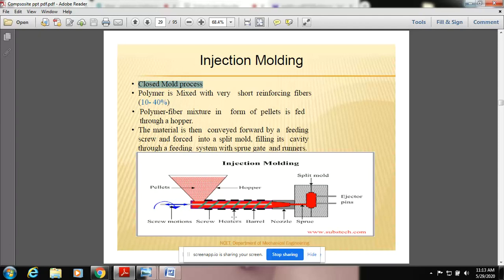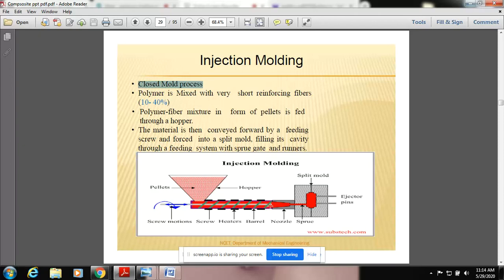That's for the screw. We can see there is a heater here. I'll tell you the function of the heater. There is a barrel, right? You know the function of the nozzle, and this is the sprue. Whenever the hopper, which consists of filler and resin, feeds into the barrel, where the barrel contains the screw, when the screw rotates, what happens? Whatever content is in this barrel starts to travel from one position to another. That is the function of the screw here.